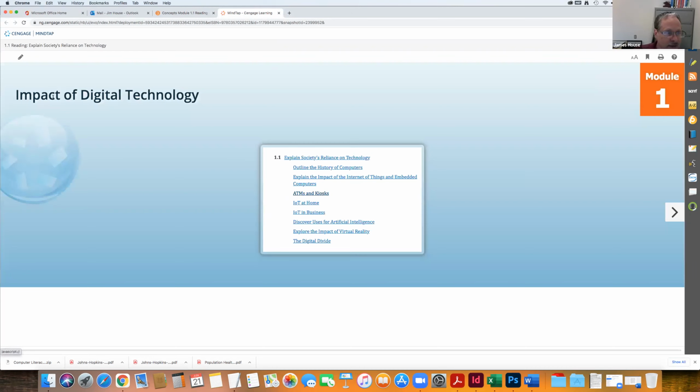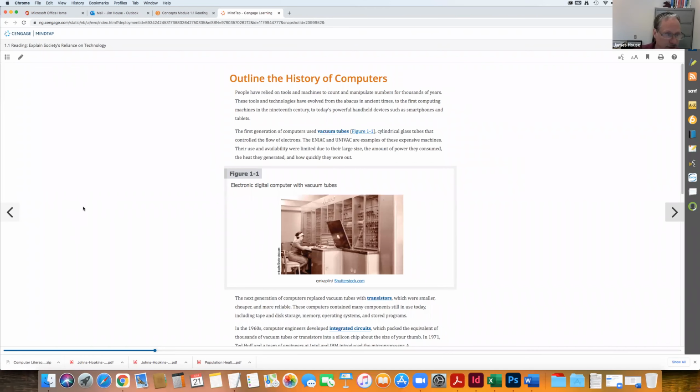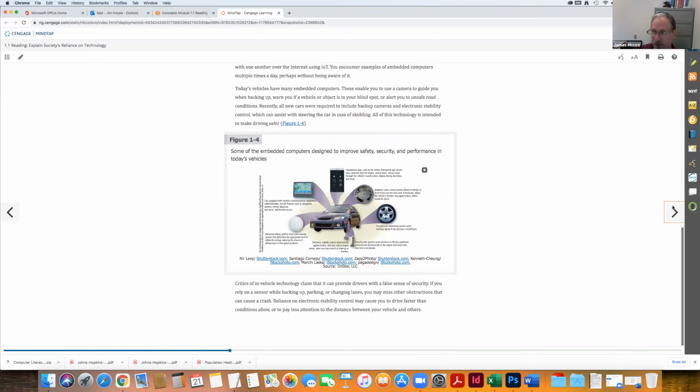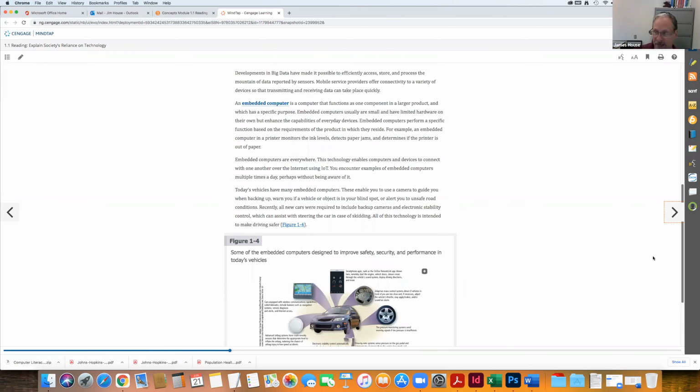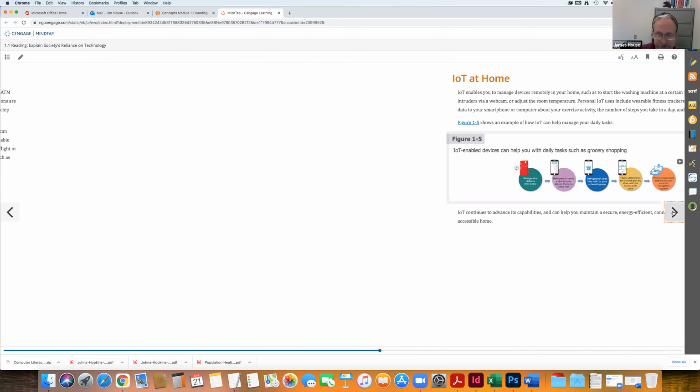So right here, impact of technology, module 1. I say chapter, but folks at Cengage refer to them as modules. And right here is basically the table of contents. So it explains a little bit, an outline of the history of computers. And then you can use these right and left arrows. It is like flipping a page in a text. The scroll bar actually will scroll you down through, because obviously if you see a scroll bar here on the side, that means a little bit further reading, and you can continue to read through the book electronically,